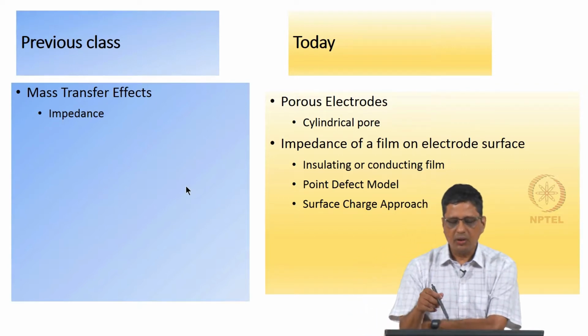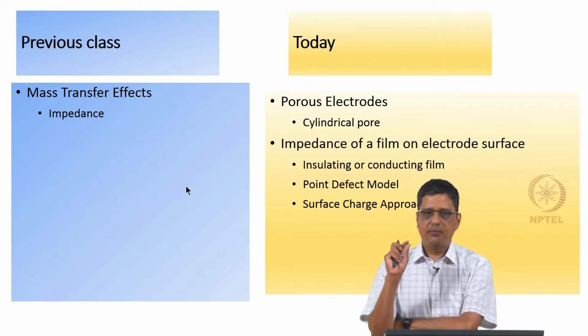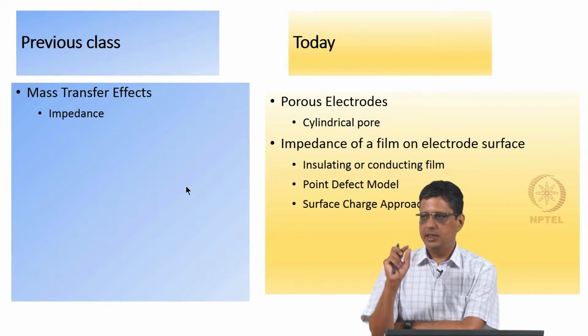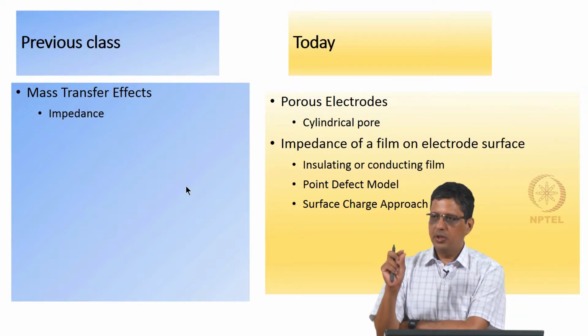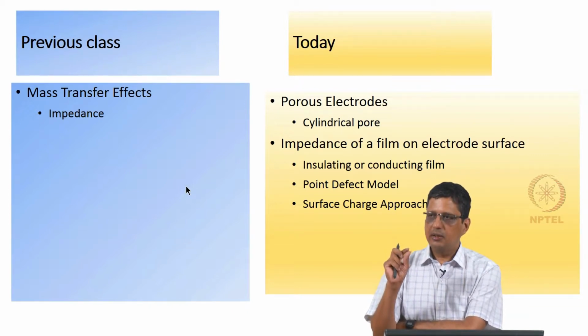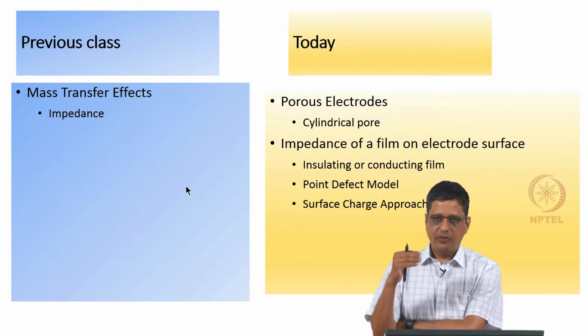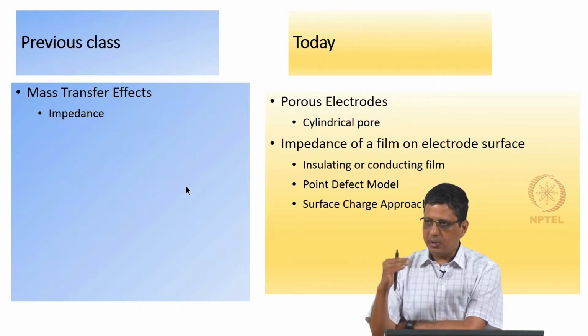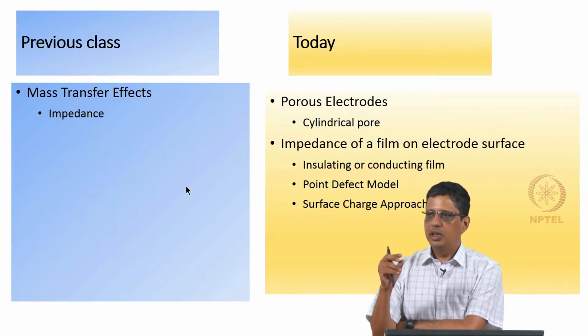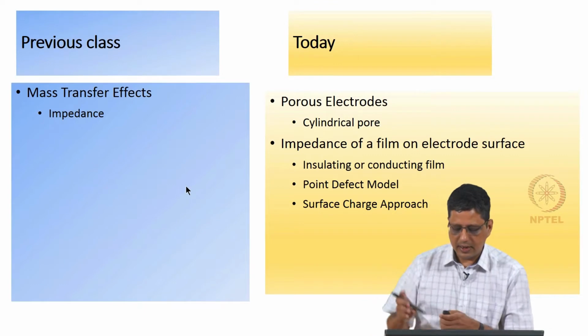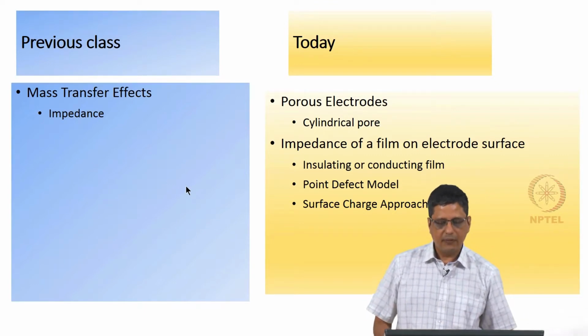For a film which is a clean insulator, it is pretty straightforward. For a film that is normally present on metals in solution, usually the film is not a clean dense film, it has defects, and the film many times continues to form and dissolve. That model is a little more complex. So, there are models for that, and the description of those models we will see at the end.